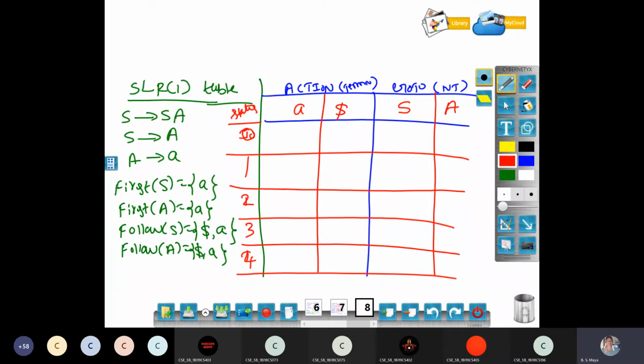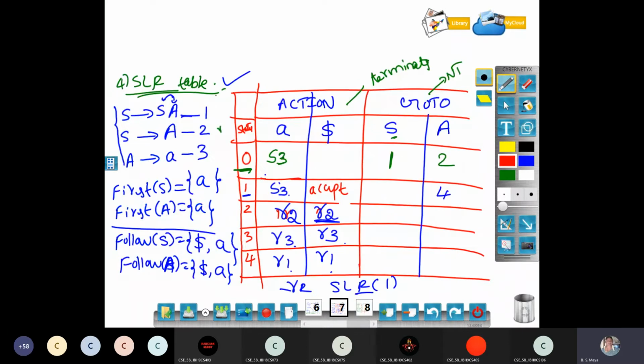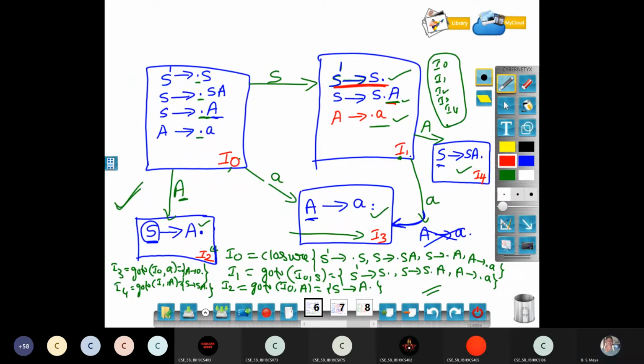You have to visit the construction of your finite automata. Now we are in the I0 state. You first check how many outgoing edges there are. The outgoing edges are capital S, capital A and small a.